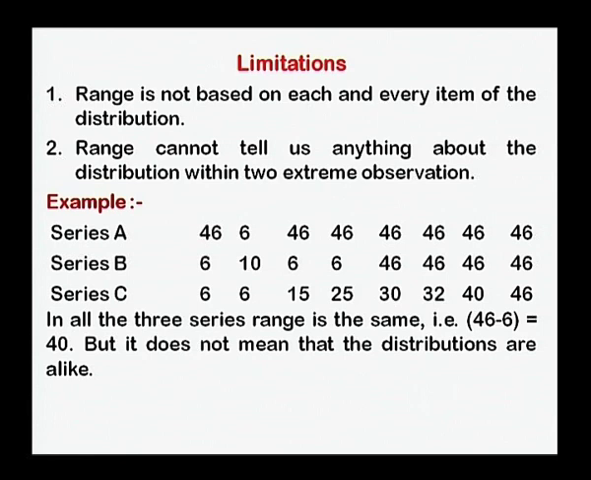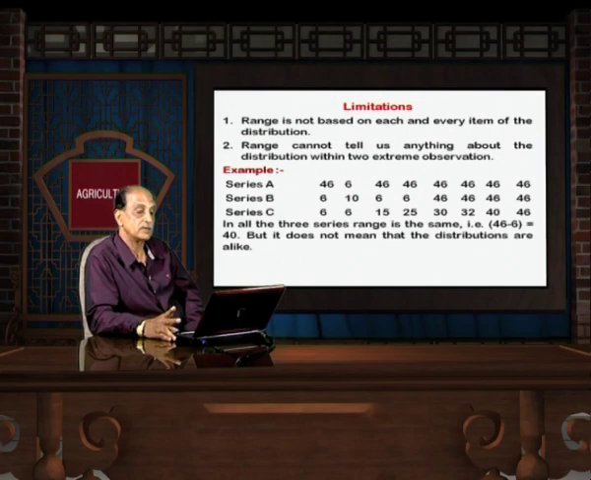Now, this can be explained with the help of this example. There are three series A, B and C, and the values given are 46, 6, 46, 46 and 46 in this way, and series B has these values 6, 10, 6, 6, 46, 46, 46 and 46, and series C has values in this way: 6, 6, 15, 25, 30, 32, 40 and 46. But it is very interesting to note that in all three series the range is the same, 46 minus 6, that is equal to 40. So, we can say that the difference is 40 in all the series,